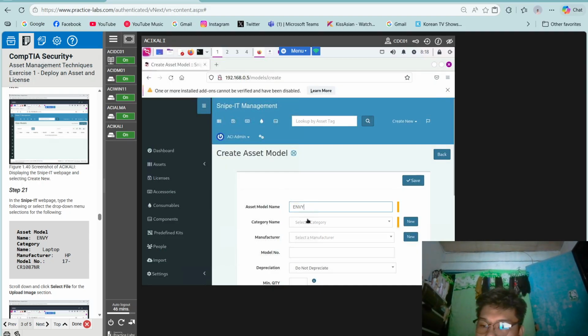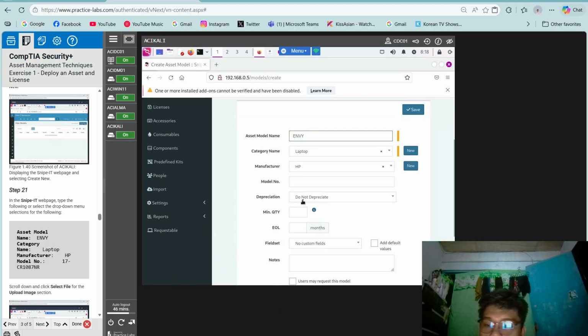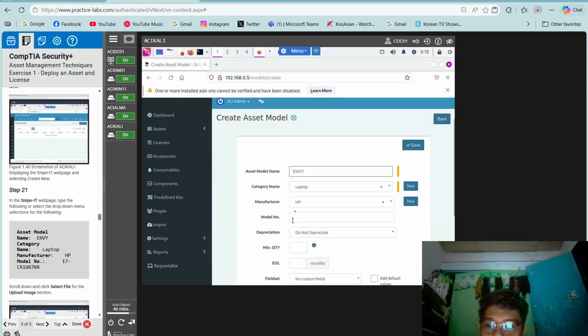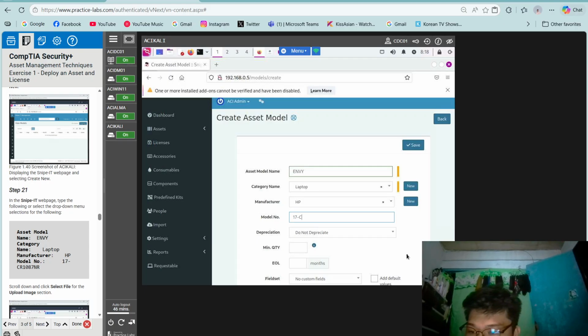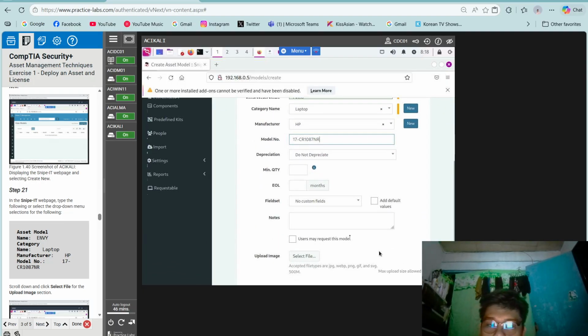Category name, laptop, manufacturer, HP, model number, 17-CR1087NR. Then scroll down and click